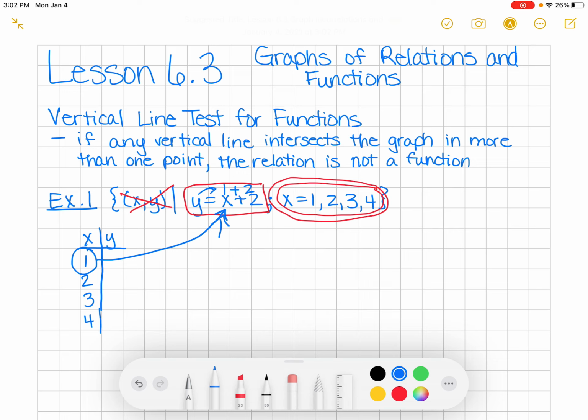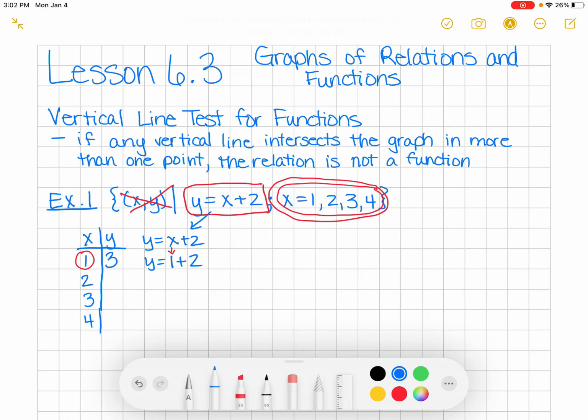So I should not have done all this. Let me erase some of this stuff. So that means y is going to be 3, right? So I'm going to put it right here. y equals x plus 2. Okay, I'm putting this right here. So when I did this problem, I put the 1 in place of x. Okay, so I'm just making the x 1 because x is 1 right here. Okay, so for the next one,